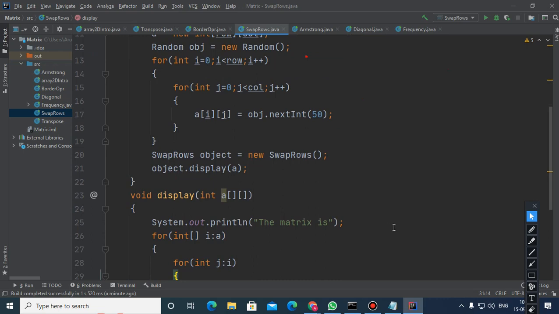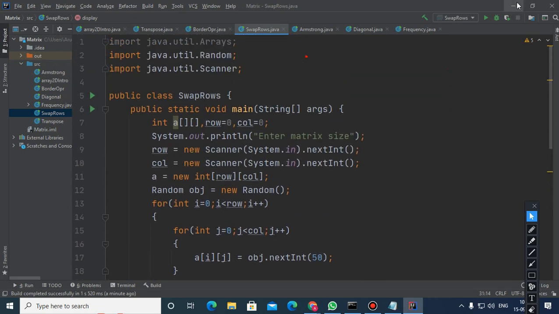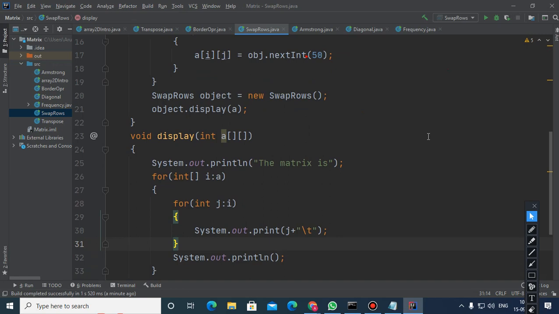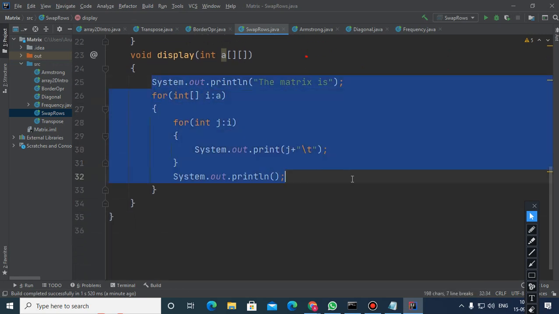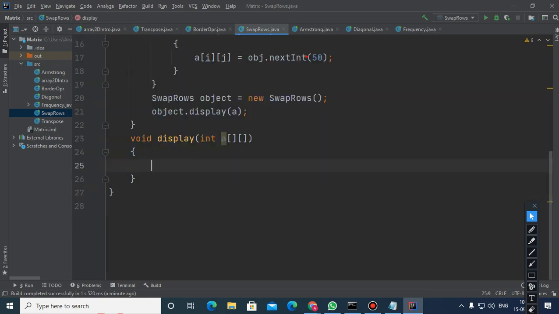Please tell, beta. These are the elements.